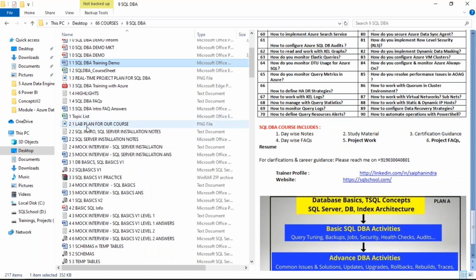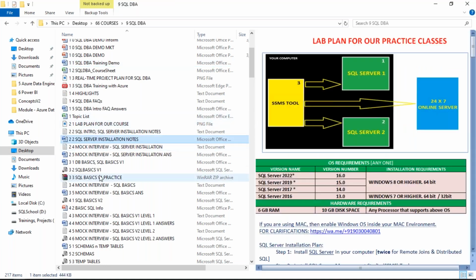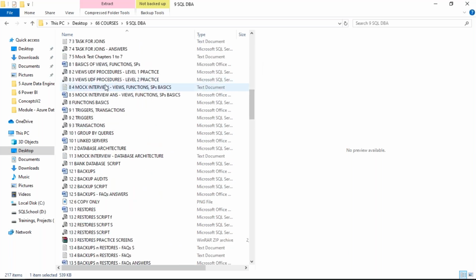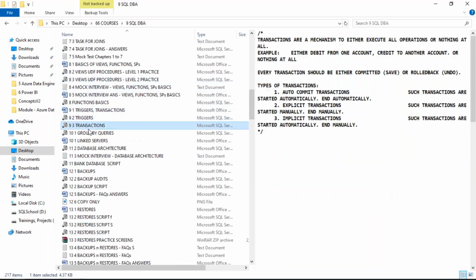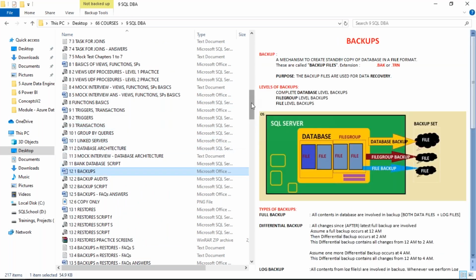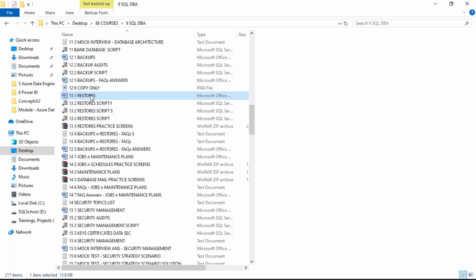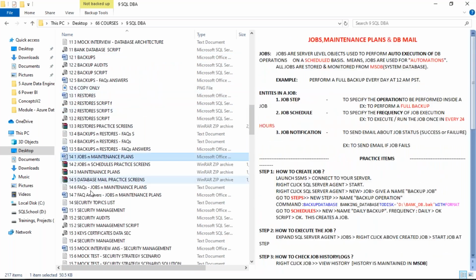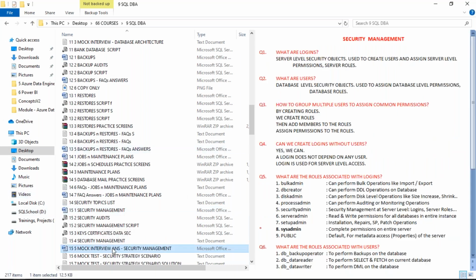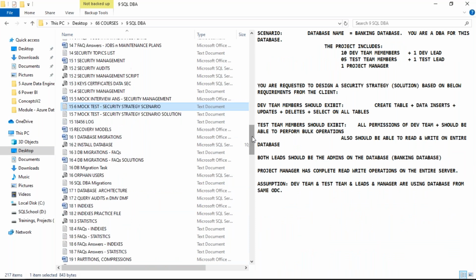And we'll understand slowly about installation, basics of SQL. First 2 weeks, all basics we'll be doing here. And then from third week comes something called backups, restores, jobs, maintenance plans, security activities, good amount of assignments and scenario activities we'll be doing. I'll involve you as a DBA for various scenarios.